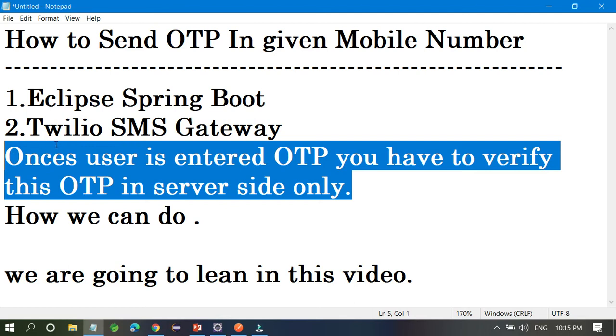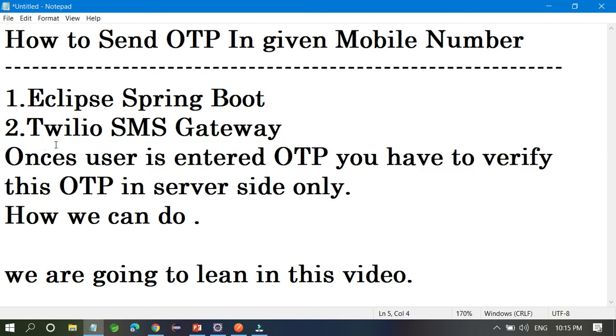For example, if hundreds of users log in with OTP in your project at the same time, you will definitely get issues. So I'm going to solve this issue and discuss how you can handle OTP verification on the server side in this video.